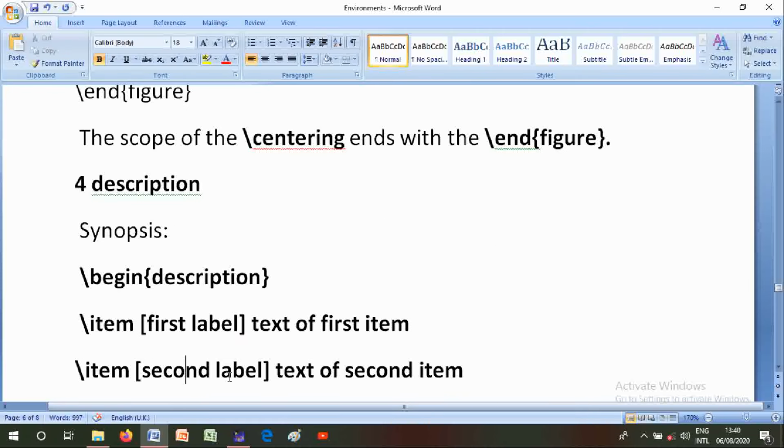Number 4 is description. Synopsis: \begin{description} \item[first label] text of the first item, \item